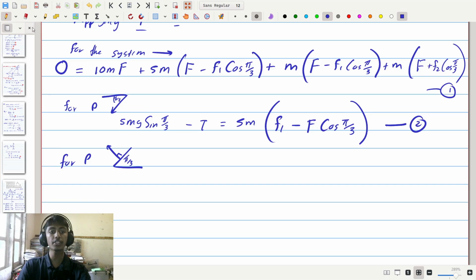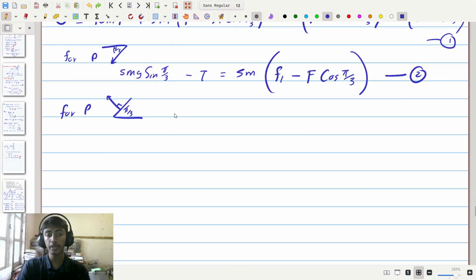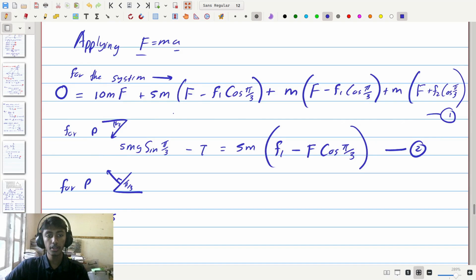Now after that, if you consider P in the perpendicular direction to the slope, which is going to be in this upward direction right here, the forces that we have are Rp, and this component of mg in this direction is going to be mg cosine of pi by 3. So if we consider this is the positive direction, we have positive Rp, and if this is the downward negative direction, we have negative 5mg times the cosine of pi by 3. So writing that down, we have Rp minus 5mg cosine of pi by 3,